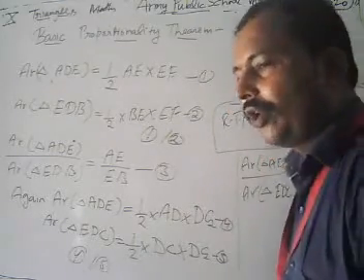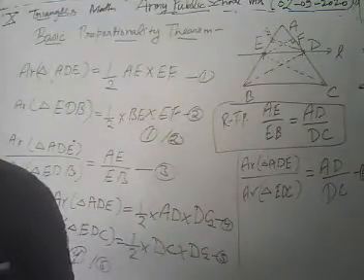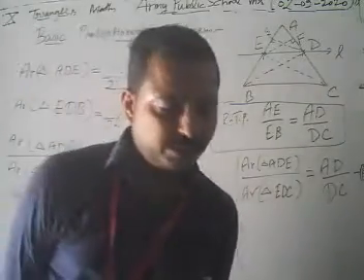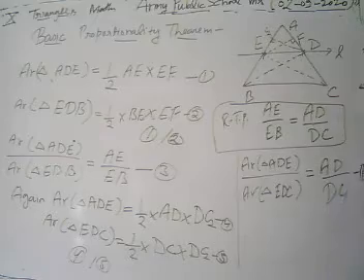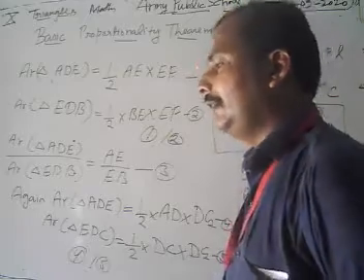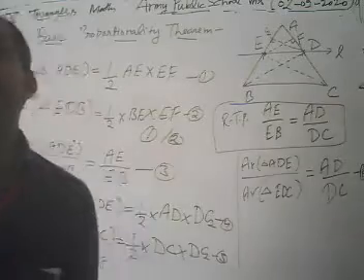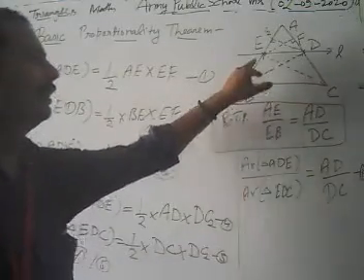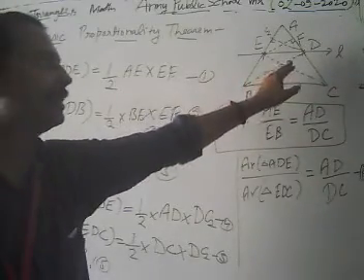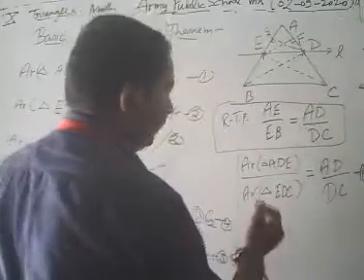And please recall, go back in your flashback to your class 9th. There is one theorem. What is the theorem? Does anyone remember it? What is the statement of the theorem? Yes. The area of two triangles are equal if they lie between the same parallels and on the same base. Here the area of triangle EDB is equal to EDC because they both lie on the same base and between the same parallels.